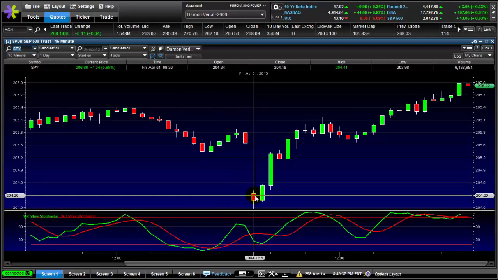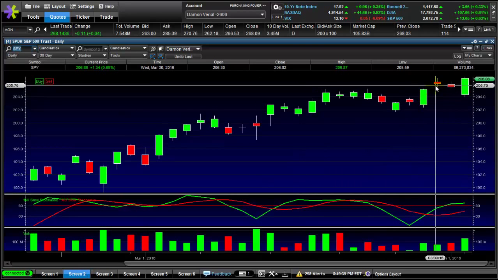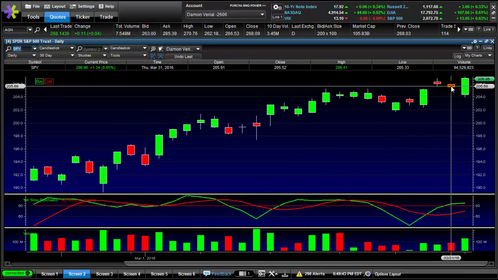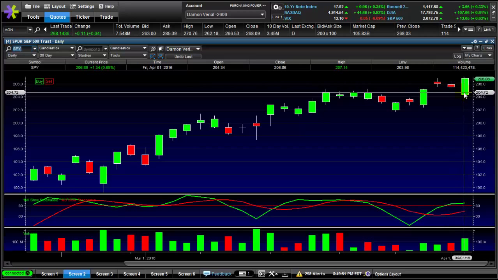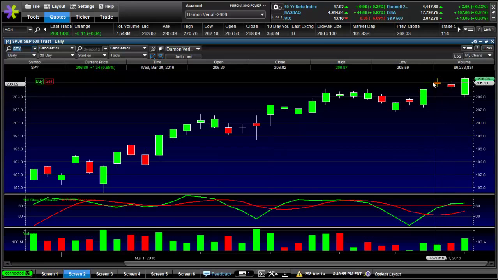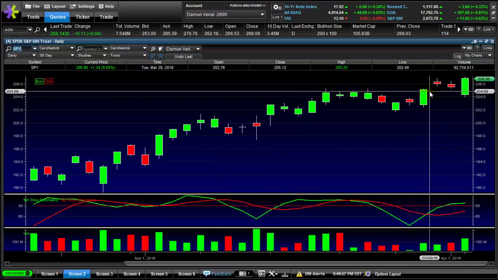So that's at about 204, and we would have recognized the gap, let's say at the latest at open here. So you would have been 206 down to 204, and that's a quick $200 per every put option had you bought a put option. But more importantly is the fact that these small area gaps in the SPY where you see a